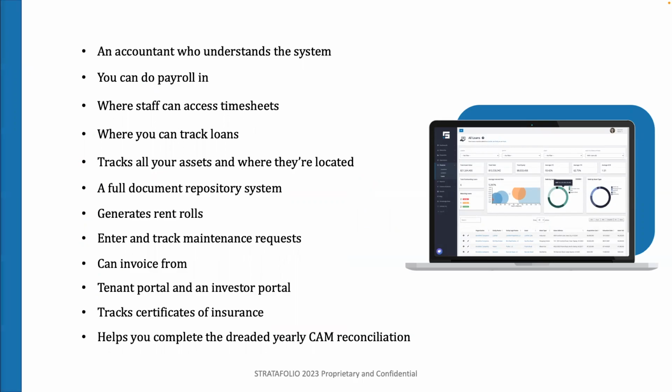Now, here's just a small list of the things that our customers have told us over the past few years. They need an accountant who understands the system. They need to be able to do payroll. They need to be able to generate rent rolls. They need a system where they can track their certificates of insurance. And most importantly, they need to be able to do CAM reconciliation quickly. So these are just a few of the things that people have told us when they're looking for a property